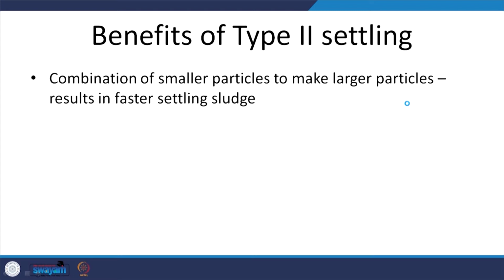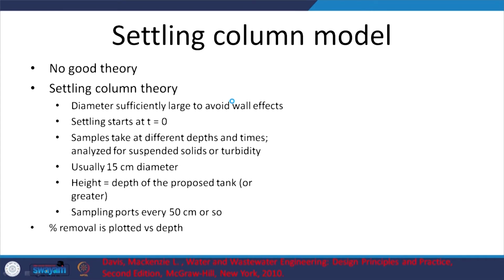So benefits of type 2 settling, this is what we just looked at in that other picture. The combination sees to it that the particle settles down earlier, or those particles which would not have settled out would settle out, right? So how do I look at it, or how do I use this to be able to model my sedimentation basin or such? So there are different models. Here we are looking at one settling column model. So in general, it's difficult to really predict what's going to happen because flow conditions are going to be different. The actual kind of water that you are going to experience in your particular process might be different than what is available to you.